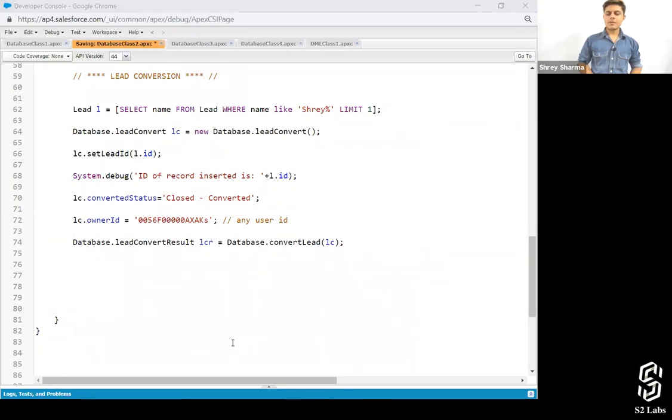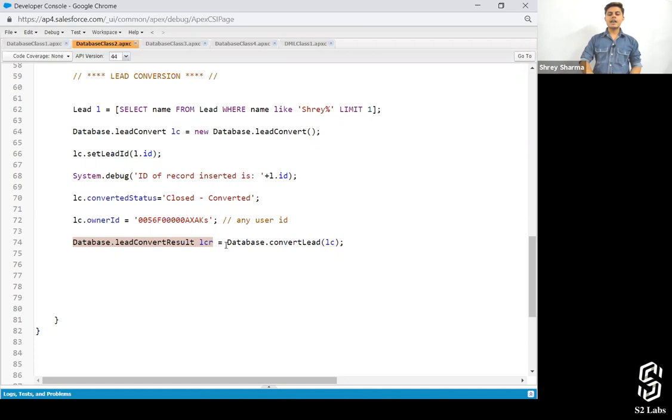Is it clear, everyone? Yes or no? Good. Good question. For every Database class method, earlier with DML statements, we never used to understand which record got created and which record caused the problem. That's the third advantage of using the Database class over DML statements. What is the third advantage? That we can understand which records got created and which didn't, and what was the reason behind those records not getting created.